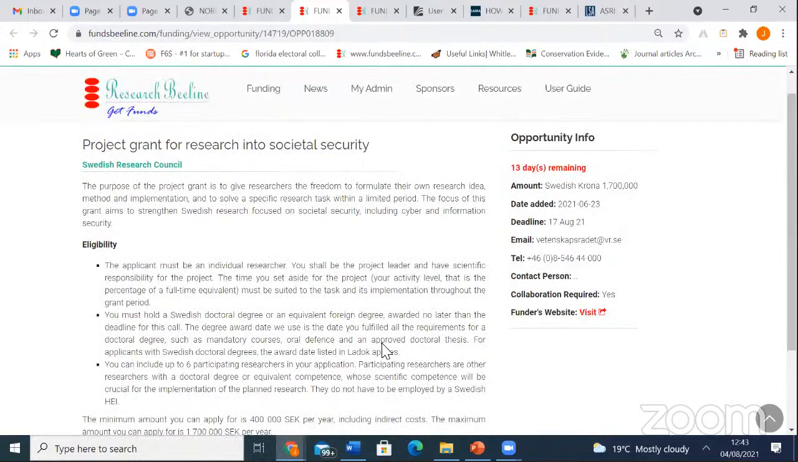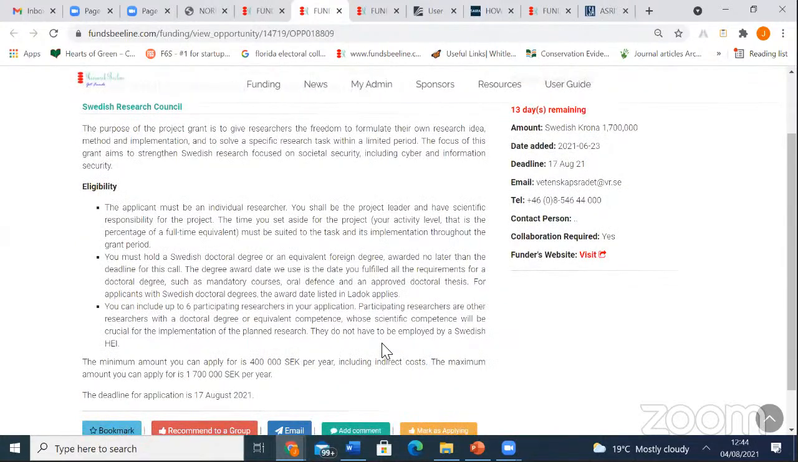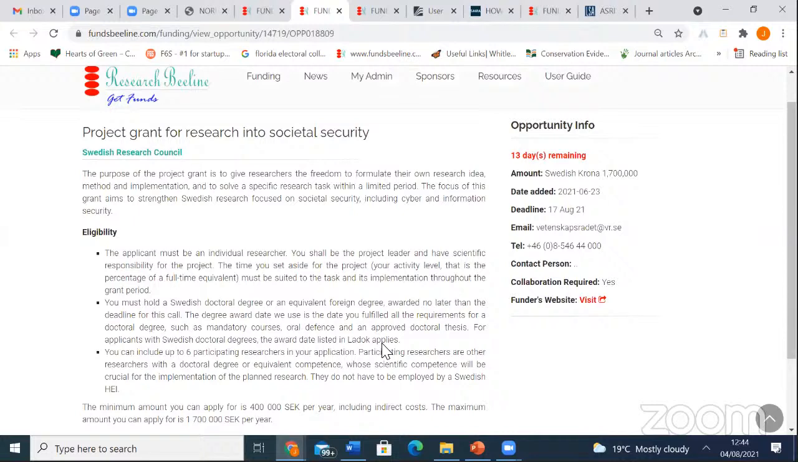Definitely what I read from there is the applicant needs to be based in Sweden, but the participants in the research do not need to be based in Sweden. And if you look at the many funding grants that are available, you'll see that